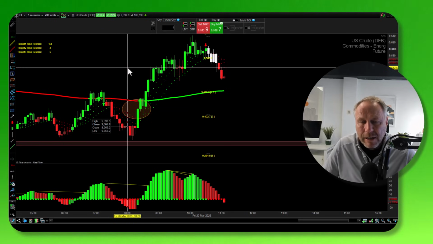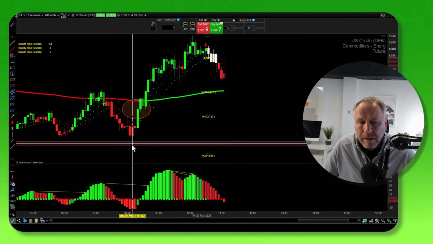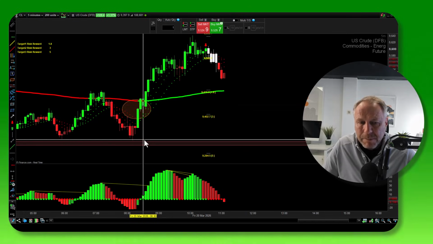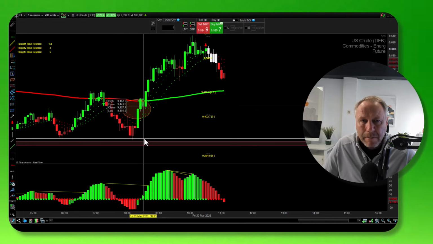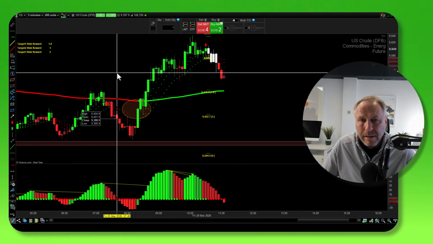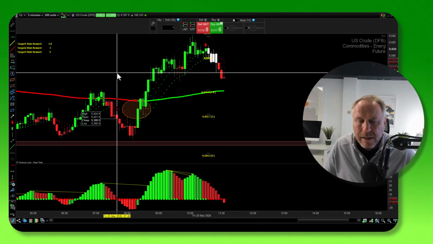Where are you wrong in this trade? If it dips below there, I'm out instantly. I've even got a stop placed in there as well. But if you're day trading and you're manually trading as it's going up, you're just managing the trade. If it dips below there, you're going to get out, okay? Now, if you can't trust yourself with that, then make sure you put a hard stop in. Put that in your broker so they get you out instantly if it drops below that area. And if you can do that, then you're going to preserve your capital, as I said. And when you get those big winning trades, then that's going to grow the account and your losing trades are going to be much smaller.